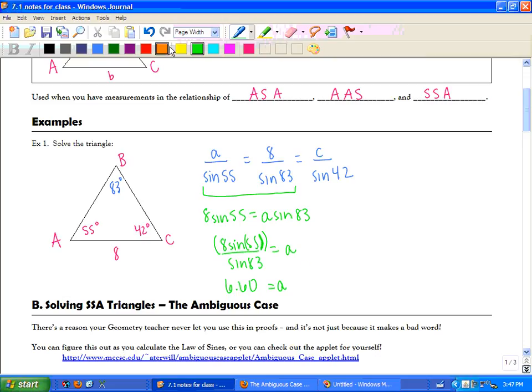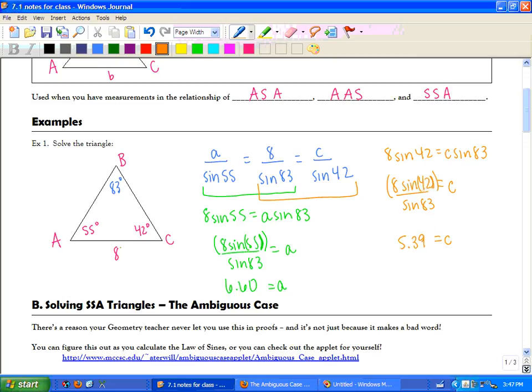So you may want to choose the same one that we know, and this time use it to solve for little c. So you'd have 8 sine 42 equals c sine 83. Again, you want to divide by the sine of 83 to get c by itself. And again, make sure you close the parentheses after 42. You might want to put the whole top in parentheses. And so for little c, you should get